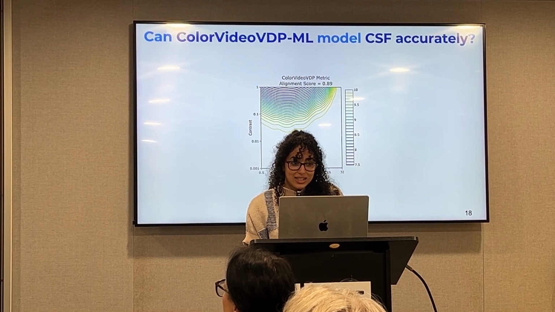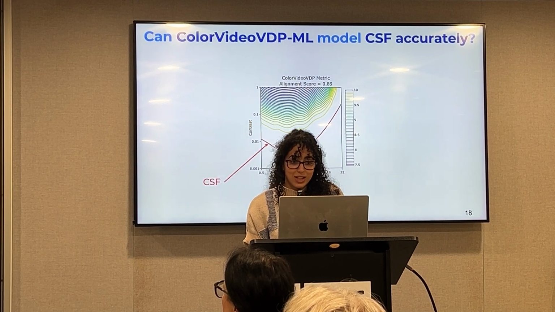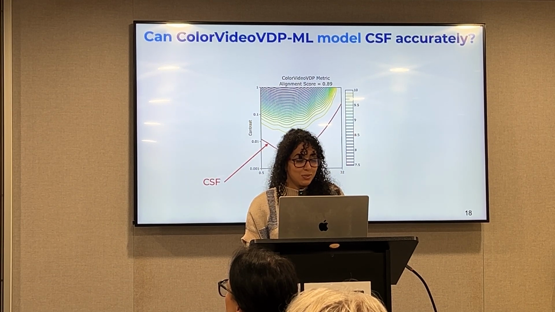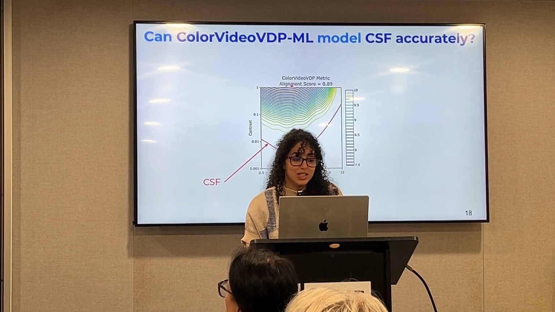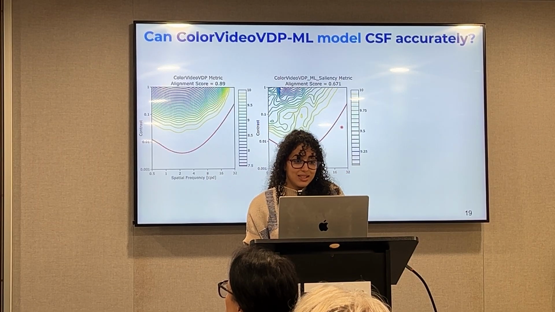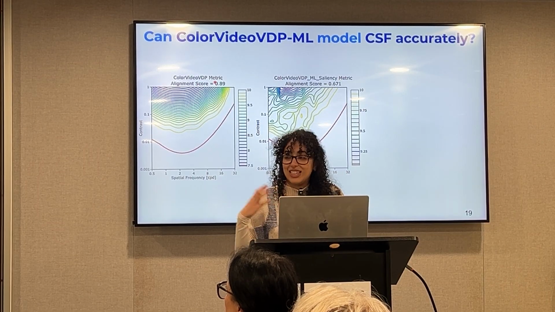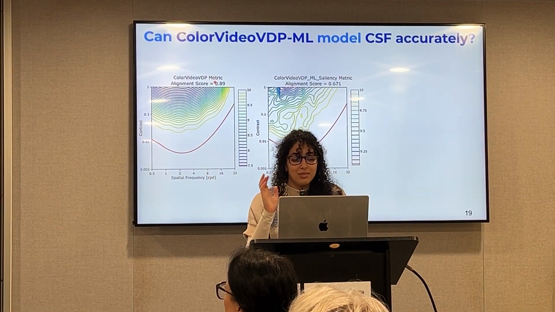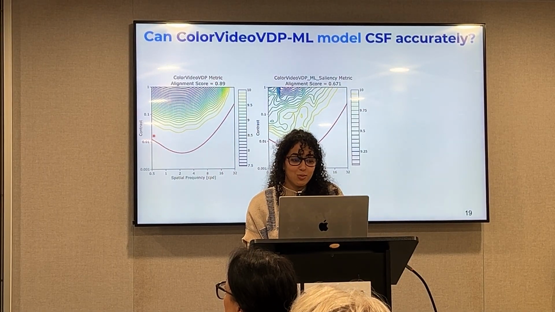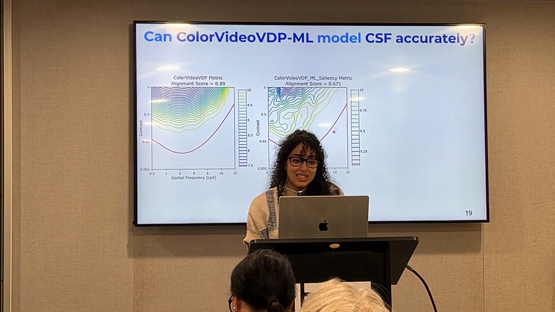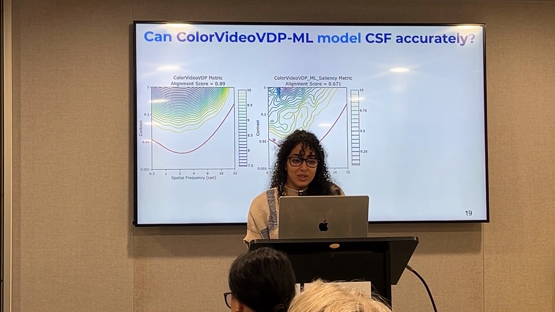The idea is that a metric that's able to model CSF accurately will be able to follow the behavior of CSF across spatial frequencies. And here we have some kind of alignment score that shows how well it follows this red curve. Here we're comparing ColorVDP. As you can expect, ColorVDP, because it doesn't have any kind of learnable component, is able to follow the CSF more accurately. However, with ColorVideoVDP-ML saliency, you can see it's kind of following for very low contrast, but then